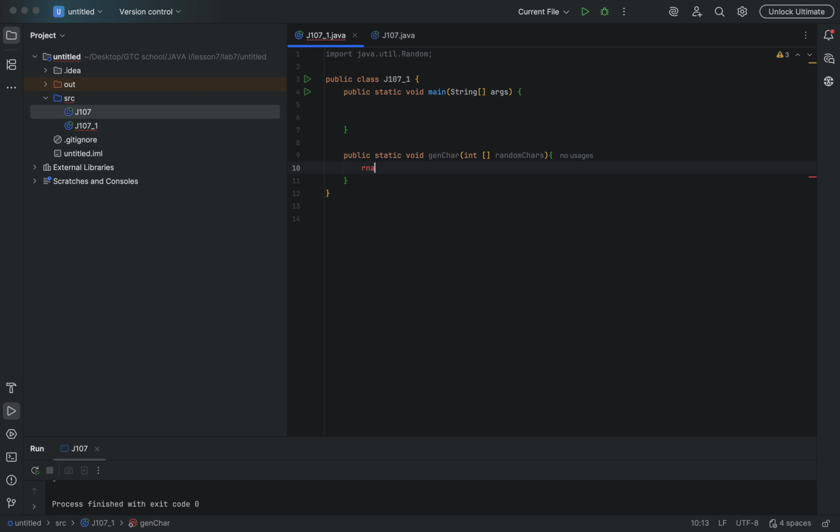Right? Then now we're going ahead and define our function. So the first thing we want to do is create a random object. Then we're going to create a for loop that initializes i to 0, and once i is less than the length of the array, then we're going to increment. Now, for each iteration, we're going to use